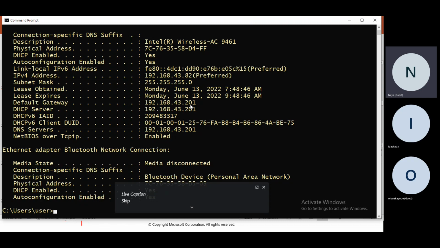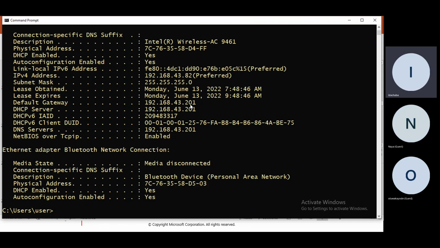Okay, so now, Mr. Kaldi, can you understand what I mean by the default? There's a default gateway. It gives 201, right? Now, this is what the default gateway does. Let's assume, like I said, there are 100 people in your office. I've told you how it will name your computers. My own computer will be 82, Naya's computer will be 92, maybe yours is 10, as in the last digit, .10. Now there's a router in the office, right, which you know.